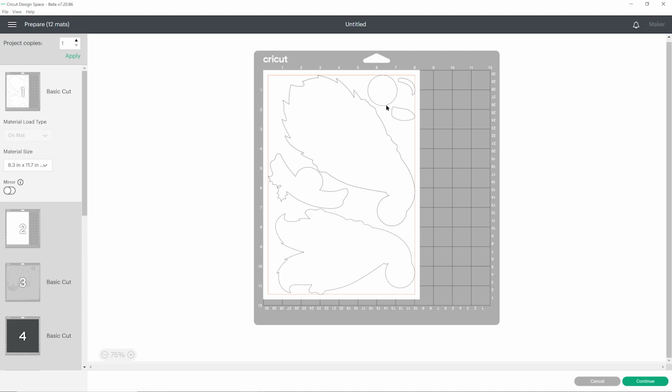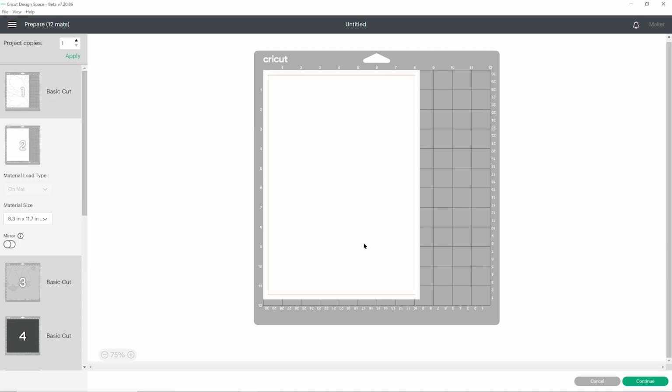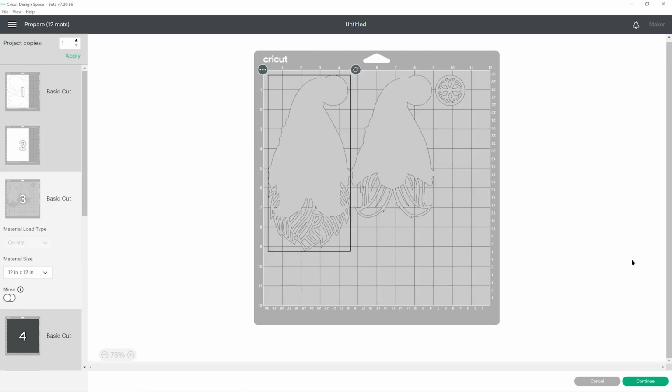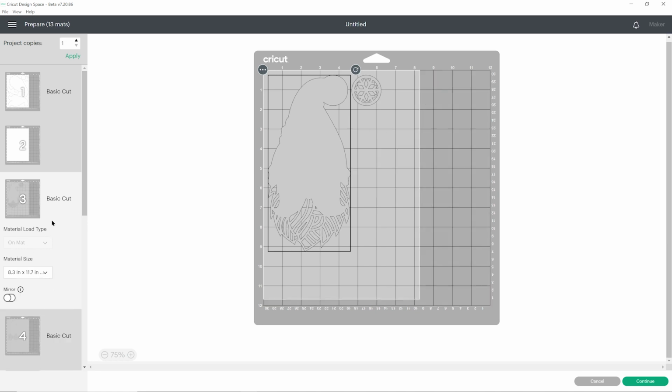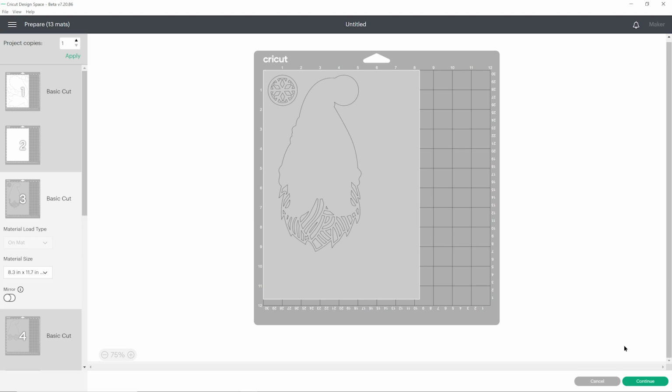other, which means that this will all cut beautifully from one sheet of A4. I can't believe I actually managed to fit that on. We've now got an empty sheet here, which is fine because when you click through to the next step, it will remove any empty ones. You do need to change the paper size for every colour, so go ahead and do that and then move things about if you want to. When you're happy with how it's all looking, go ahead and press continue down on the bottom right and that will connect to your Cricut machine. Get all the layers cut out and then we'll see how to stick it all together.